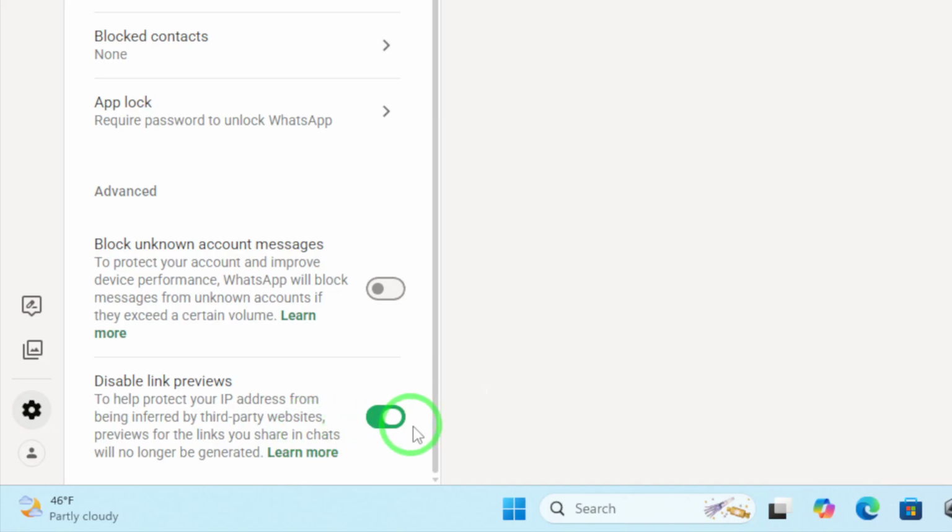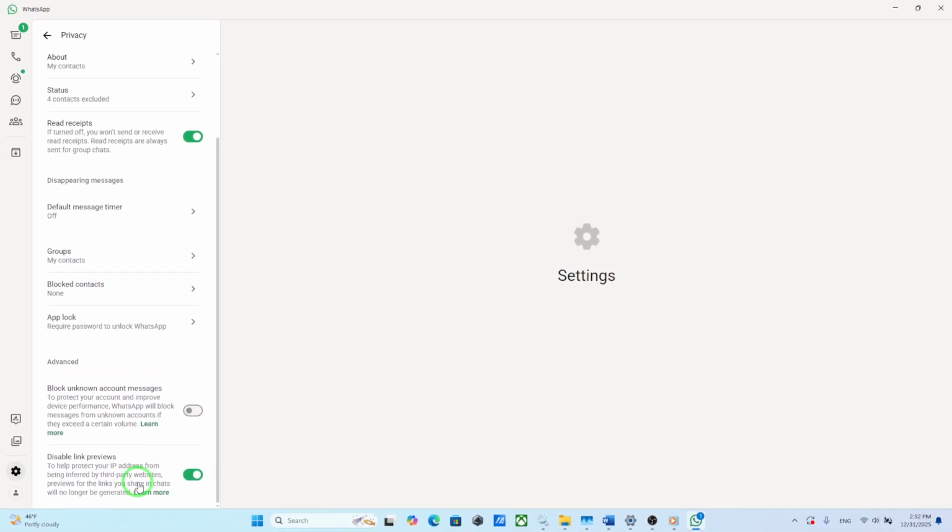Once disabled, WhatsApp will no longer fetch or display a preview when you share a URL in chats. The result is cleaner messages, especially in groups or dense conversations where previews can be distracting or take up unnecessary